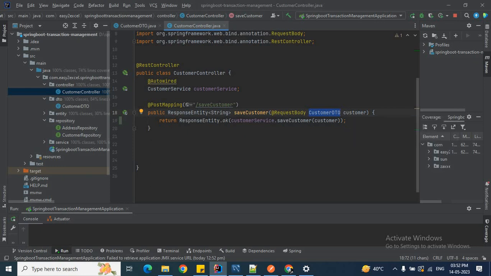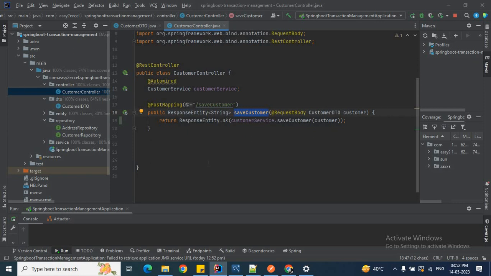We'll receive the request in this customer DTO class, so I annotate it with @RequestBody and pass this customer DTO. And by using the customer service saveCustomer method, I'll save the customer. Clear so far? And the return type of this saveCustomer is what? String. I'll return a string from that saveCustomer method. That's it. So this is a simple REST controller.